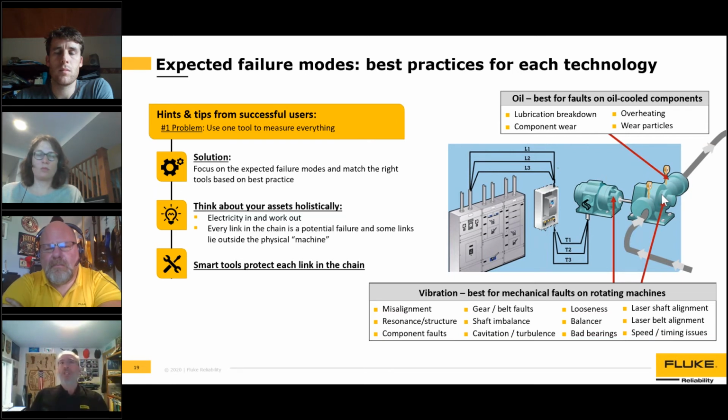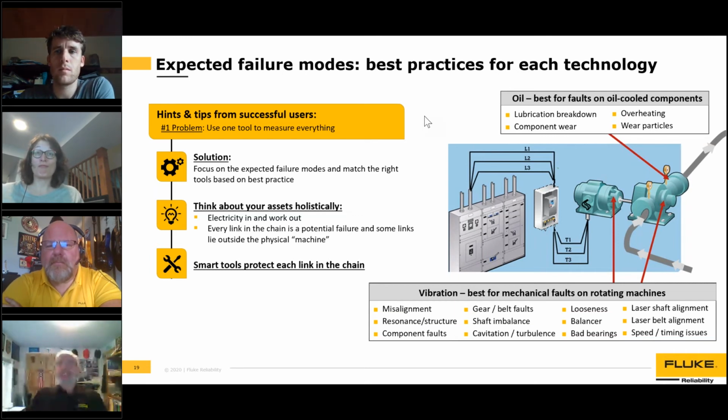And so without getting too deep into that, let me quickly go over that, because if you think about your asset, we're going to be measuring the individual components like Dries had said. But that entire asset, from electricity in to work out, anywhere along the line it could go down and you're going to stop making Cheerios or whatever you're doing, okay? So Dries has already introduced vibration, which a lot of people think is the biggest bang for your buck. But again, that's really the work